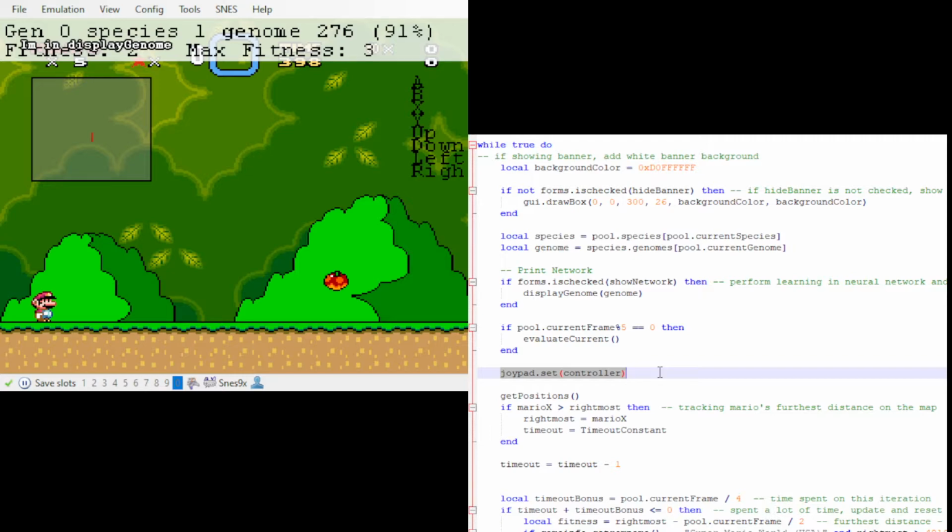So these are setting the joypad to controller results. If the frame is, I think, multiples of 5, then you do evaluate current. So every 5 frames, you evaluate current. I don't remember if I have anything in here, maybe. So here is to track Mario's furthest distance on the map, because X would be the overall how far he had been, and